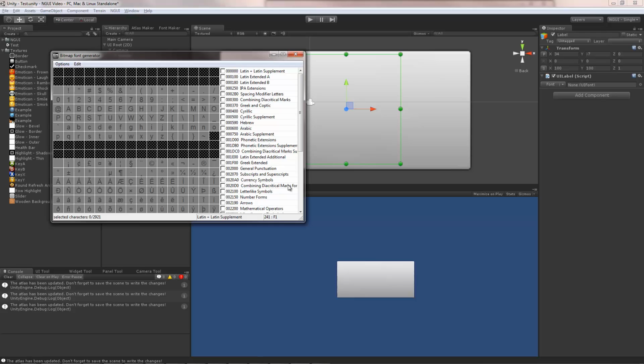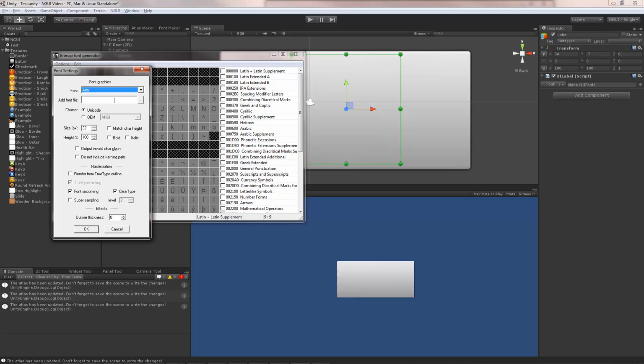On a Mac you have a variety of options like Hero, Glyph Designer, BM Glyph I believe, and there's a couple of others. A later version of NGUI is actually going to have dynamic font support, so chances are if you're watching this later on, you might notice some additional options here that'll just simply allow you to specify a true type font. But anyway, in this case we don't have one, so font settings, I'm going to choose Arial